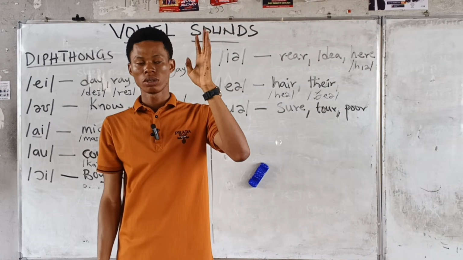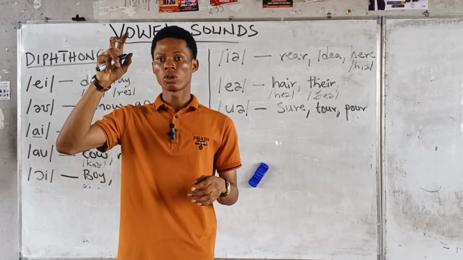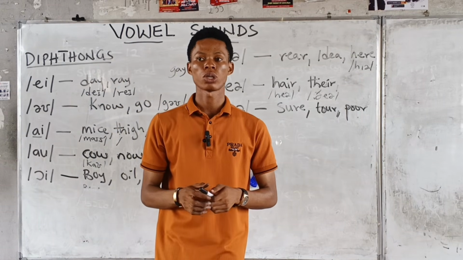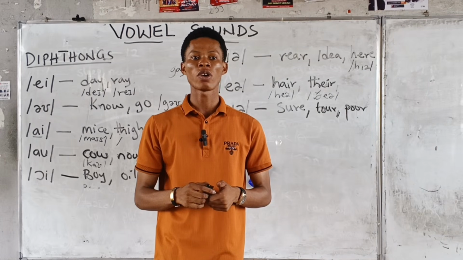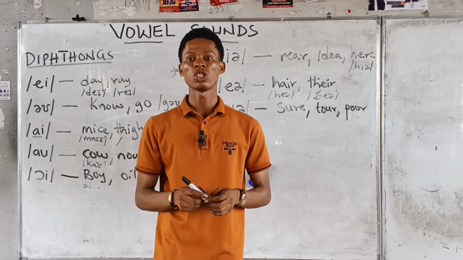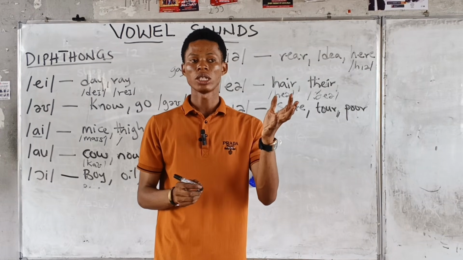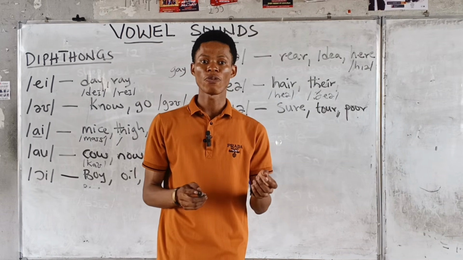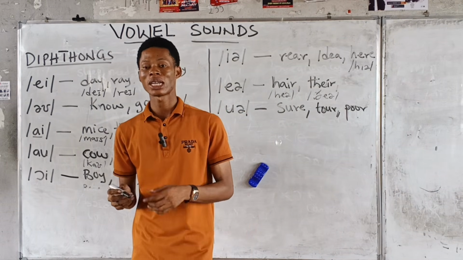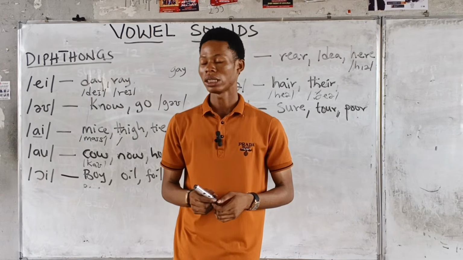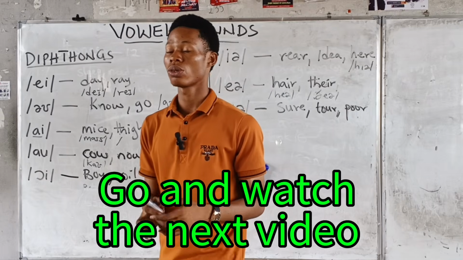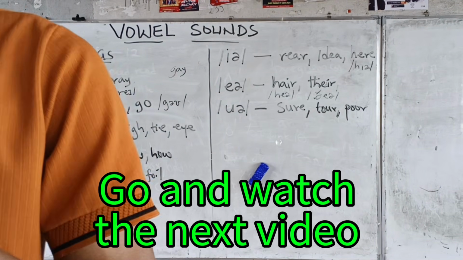I've said all. Alright, but we have how many monophthongs? 12 monophthongs and how many diphthongs? 8 diphthongs. So to complete the 44 sounds we have in English, we have 24 remaining. So the remaining 24 are consonant sounds, and I'll be taking consonant sounds next. Alright, so that's where I'll end this one. Let's go to consonant sounds. Then we'll take